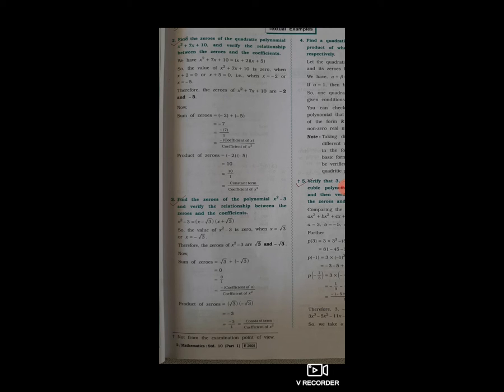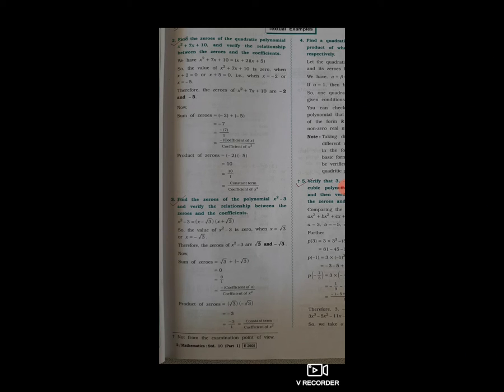Now get the common factor of both the pairs, and we get x into bracket x plus 2 plus 5 into bracket x plus 2, and finally we get x plus 2 and x plus 5. That means the factors of x square plus 7x plus 10 are x plus 2 and x plus 5. So the value of x square plus 7x plus 10 is 0 when x plus 2 is equal to 0